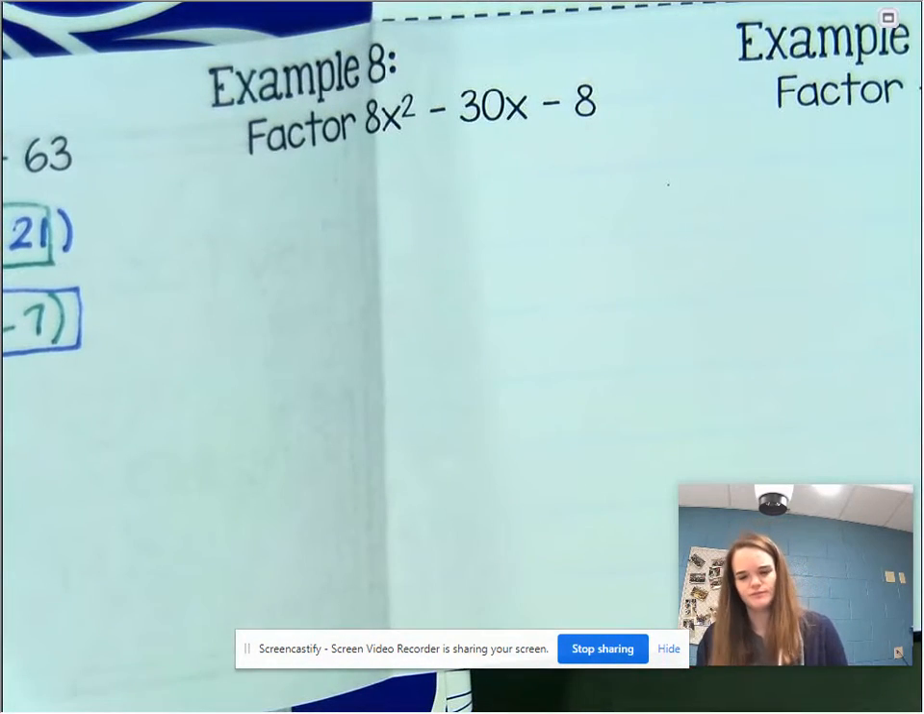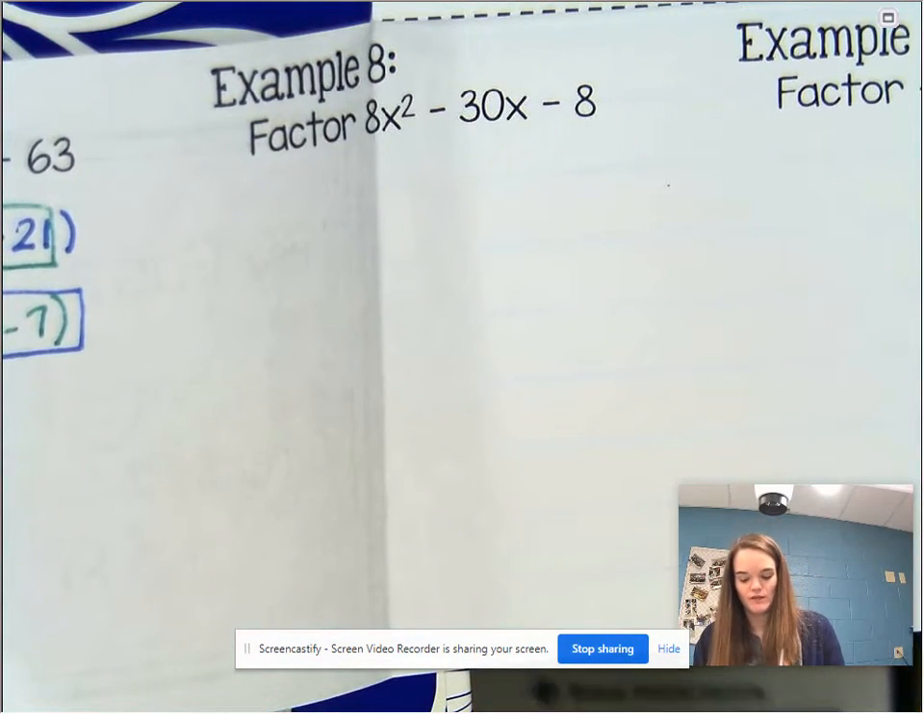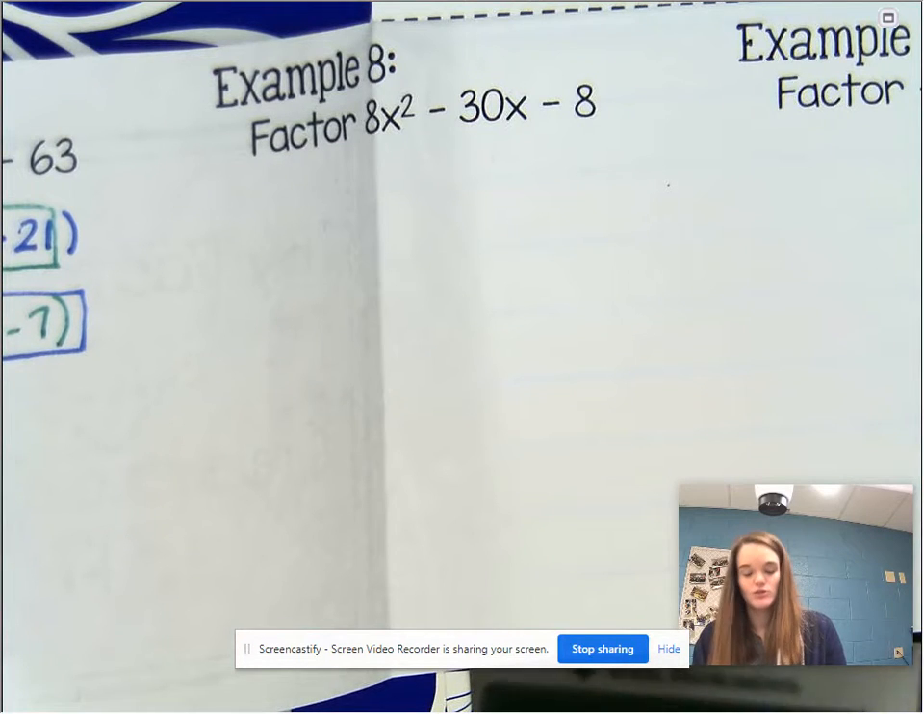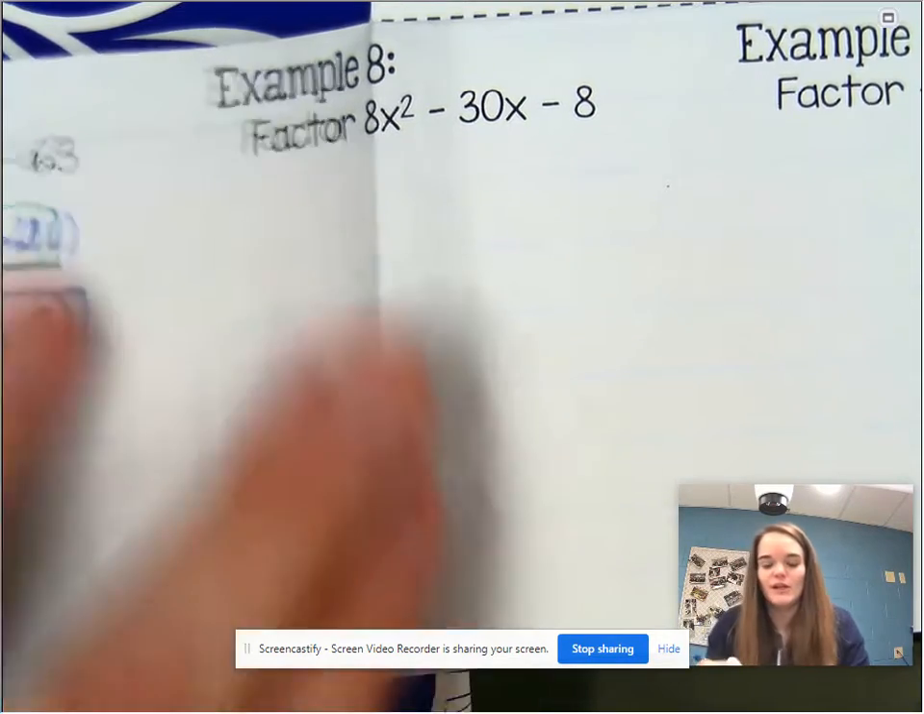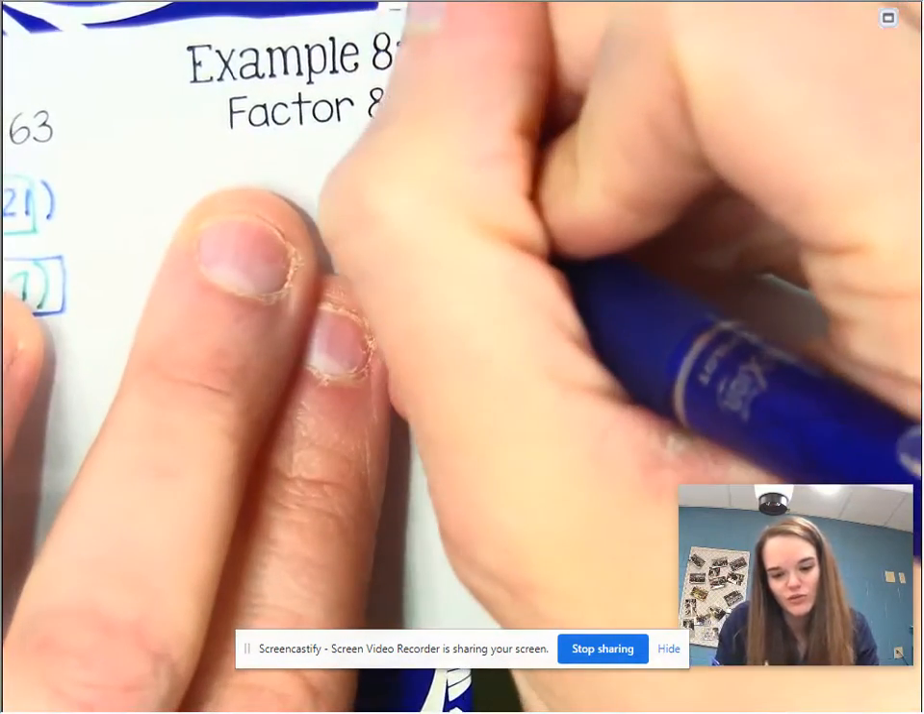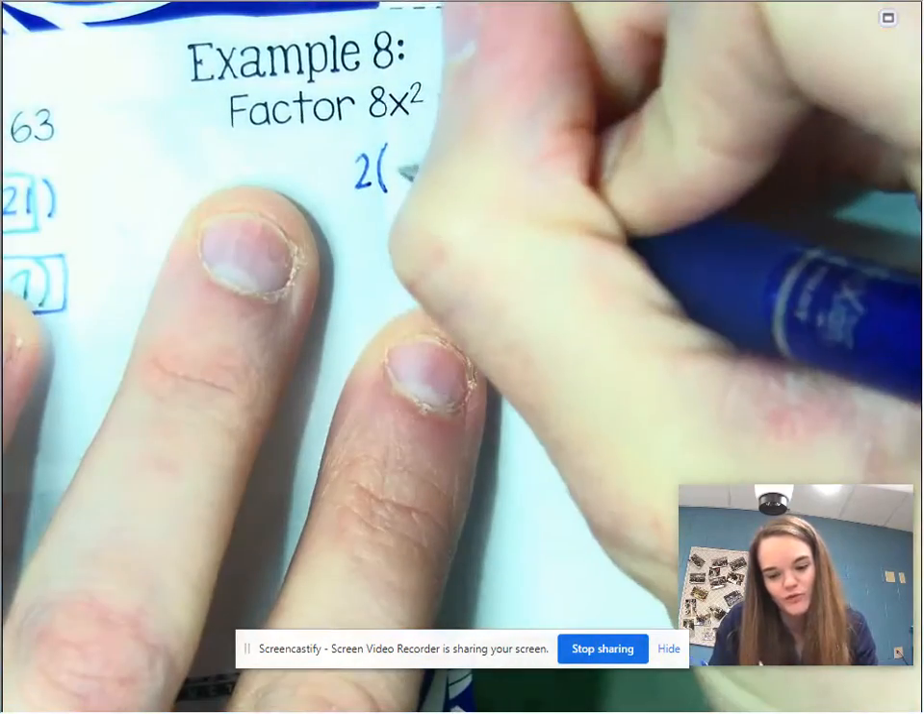Does 4 work? 30 divided by 4, no, that's a decimal. How about 2? 2 works. I'm going to take out a 2. And I'm going to have to sneeze. So take out a 2, and you're left with 4x squared